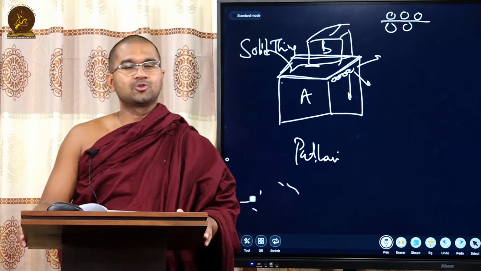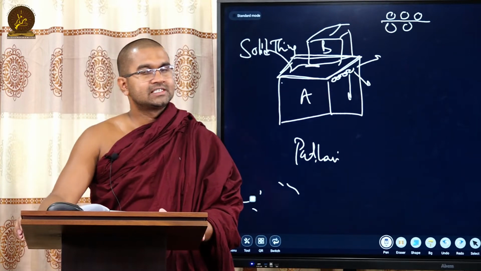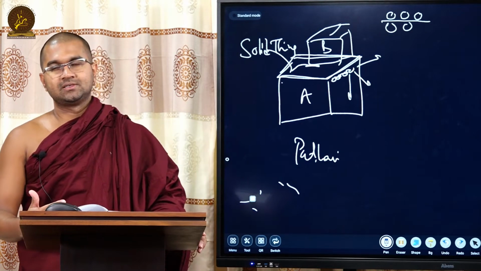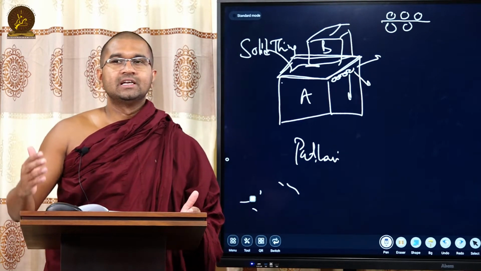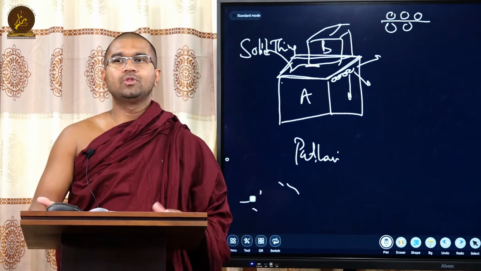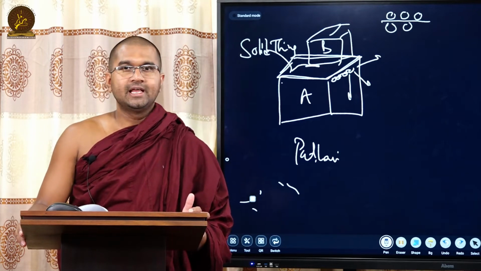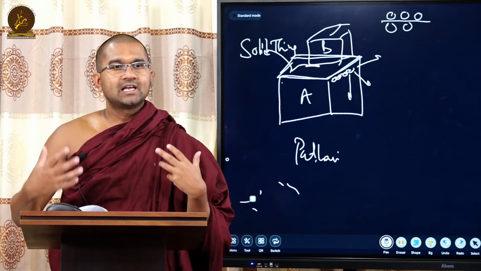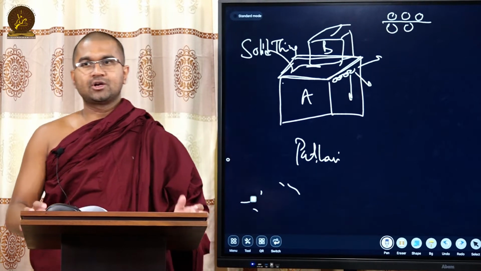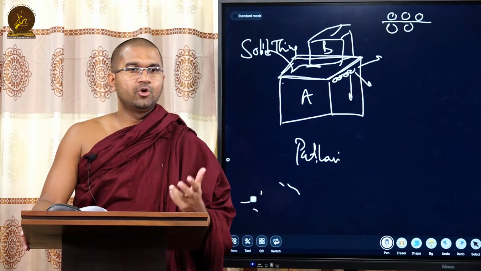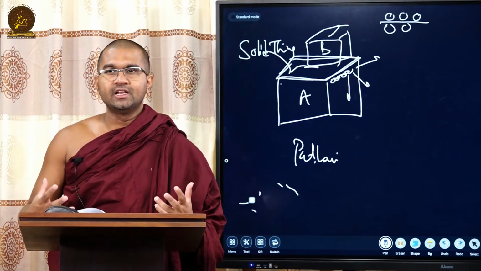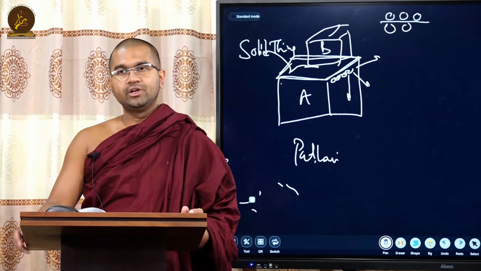There are two ways you can do the Dhatu Manasikara. One has to separate the body parts first and then come into particles. Actually, there are three ways. You go into particles and then contemplate the four great elements within the particles and how they exist in between the particles. The next way is you divide the body into the 32 body parts and see how the great elements exist within the body parts, the mere qualities. In that, you don't need to go into particles. The other way is just to take this entire body as one solid and consider the qualities. You don't need to separate it into particles.